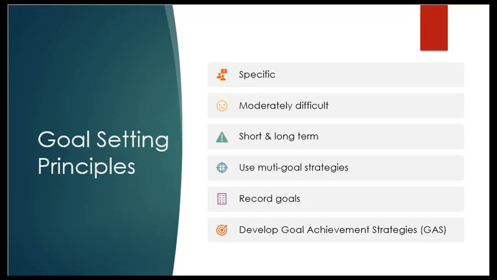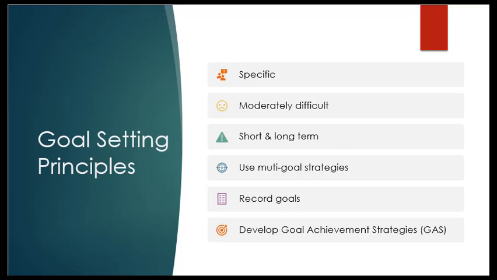So what does the research say about goal setting? That's where we're going to get our principles from. We want evidence-based reasoning for our goal setting. One thing that comes out of research is that goals need to be specific, so they need to be measurable. Then we need moderately difficult goals, because when we set a moderately difficult goal and accomplish it, we have that feeling of accomplishment. If it's too easy, do we really feel like we accomplished anything? Not really. And if it's too difficult, we might not be able to accomplish it, and so we lose interest and motivation. So we set moderately difficult goals.